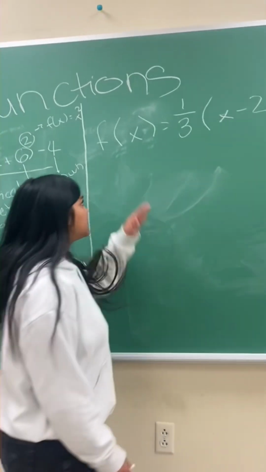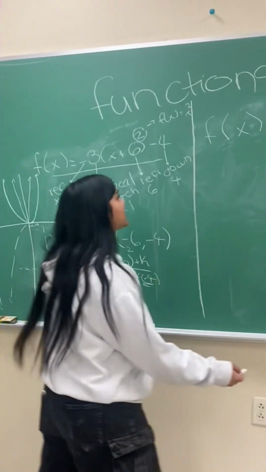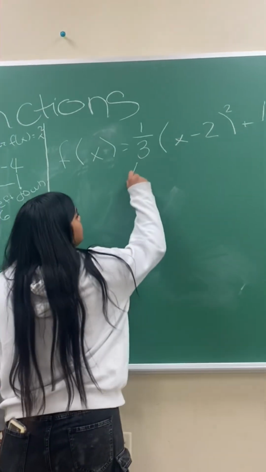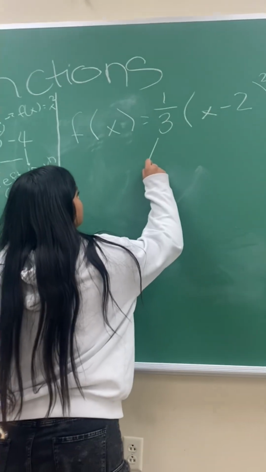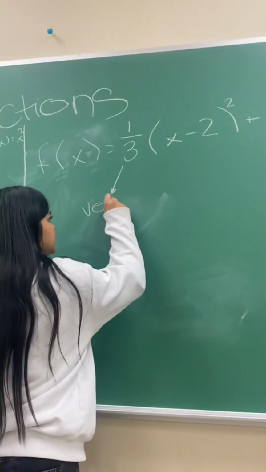So we're back with part 2, because this is obviously different than this one. There's no negative, so we don't worry about that. But there is this. That is a vertical